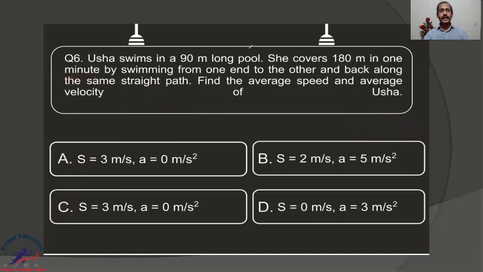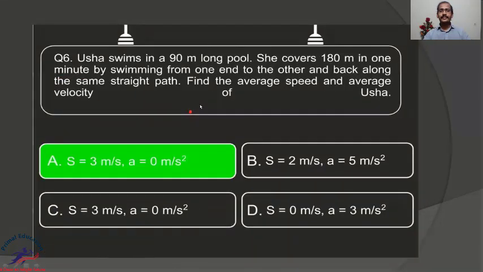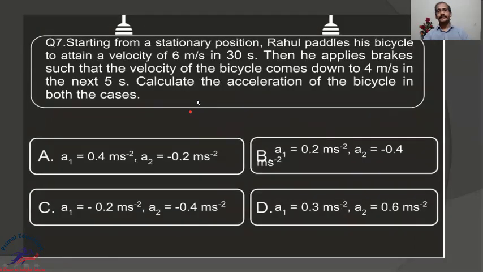Understood? How to solve the numerical? Yes. Now can we go ahead? Yes, 3 meters per second. Now,